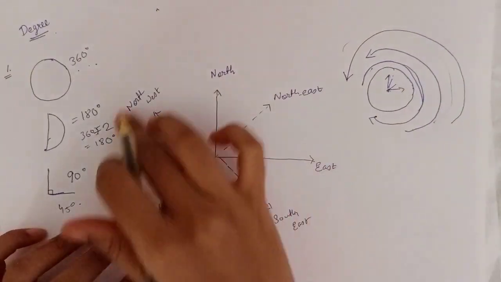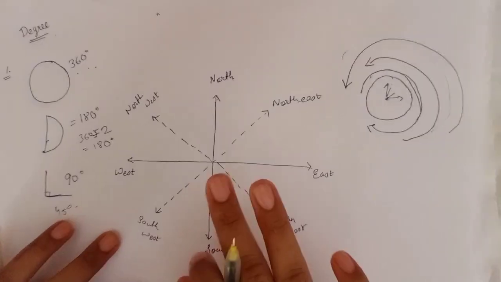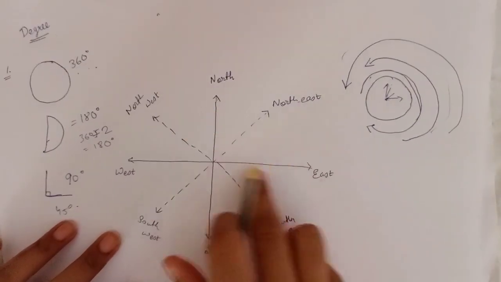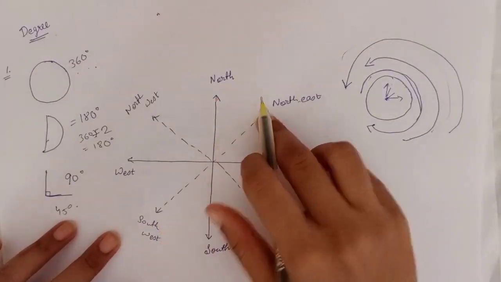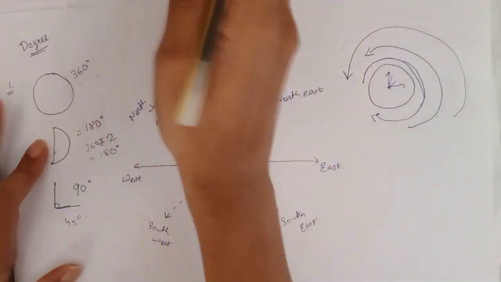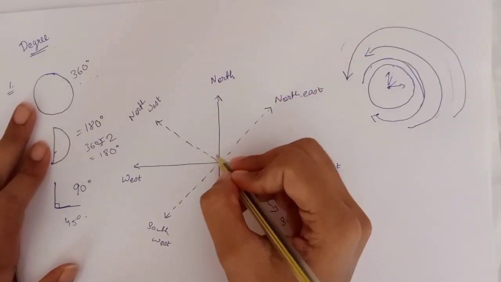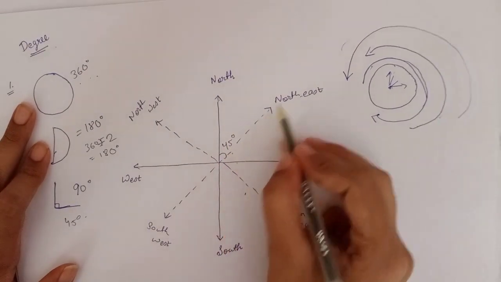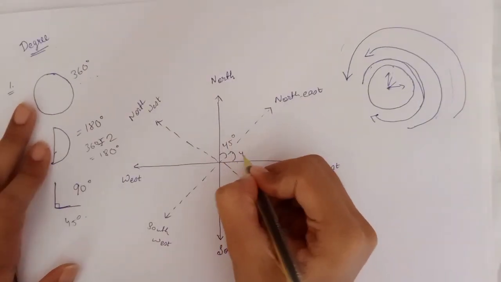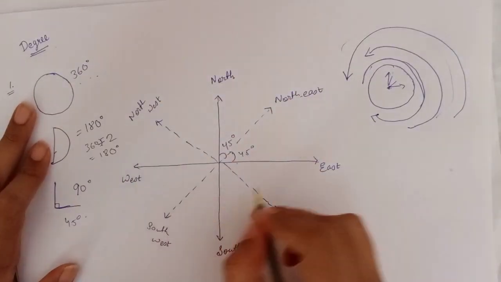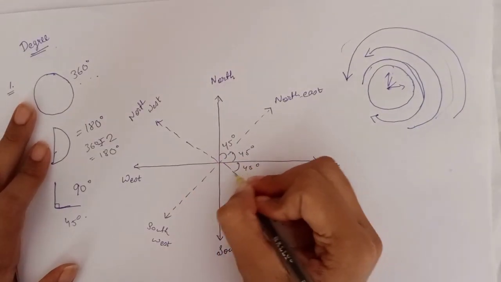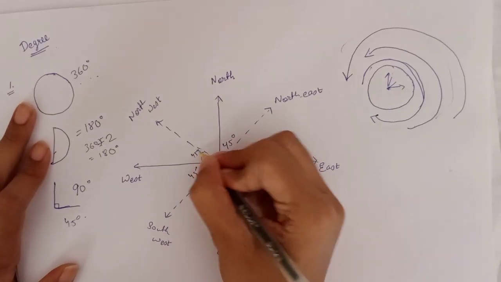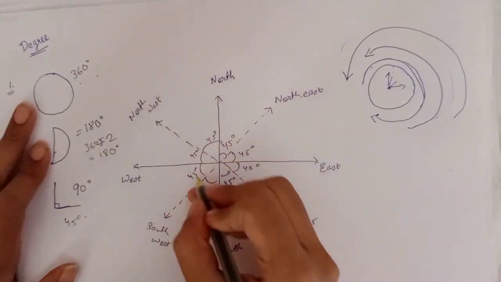Other way we can remember is, a whole circle is 360, we already know. Half is 180, right angle is 90, and half of right angle is 45. So in this way we already know that this angle is 45 degrees. Now this will also be from northeast to east, 45 degrees. All the angles of the direction will be of 45 degrees. Obviously the total of this will be 360.